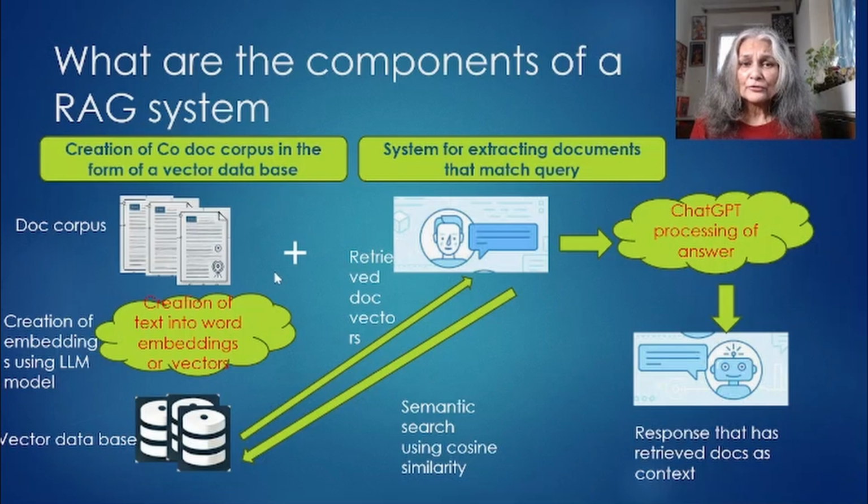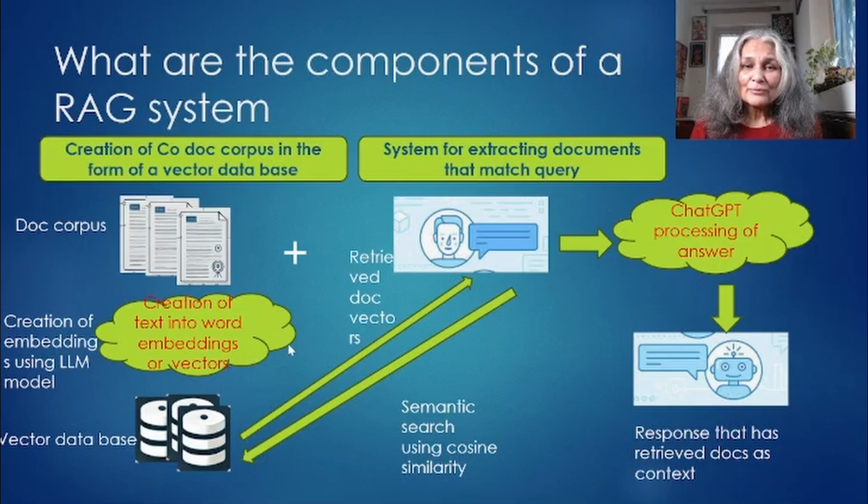The second part of the system is what happens when a user generates a query, say about their privilege leave. The first thing that is done is that this query is translated into a word vector again. It is sent and a semantic search is carried out in the vector database using something called cosine similarity, which again is a video which I have taken up earlier, but I will just briefly summarize it as a mathematical method which determines how similar two words or documents are to each other.